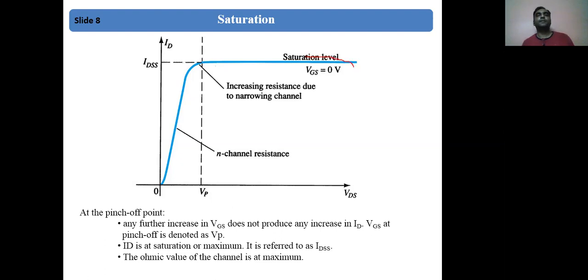Right now I'm talking of the first condition where VGS equals 0. Whenever VGS was 0, this happened. At the pinch off my current becomes constant. Even if you now increase the VDS, the current remains constant. The saturation current at VGS equals 0 is called IDSS. In this region the characteristic is linear, and over here the current becomes constant. Any further increase in VDS after the pinch off will not increase the current. This is the pinch off phenomenon, and this is the characteristic at VGS equals 0.